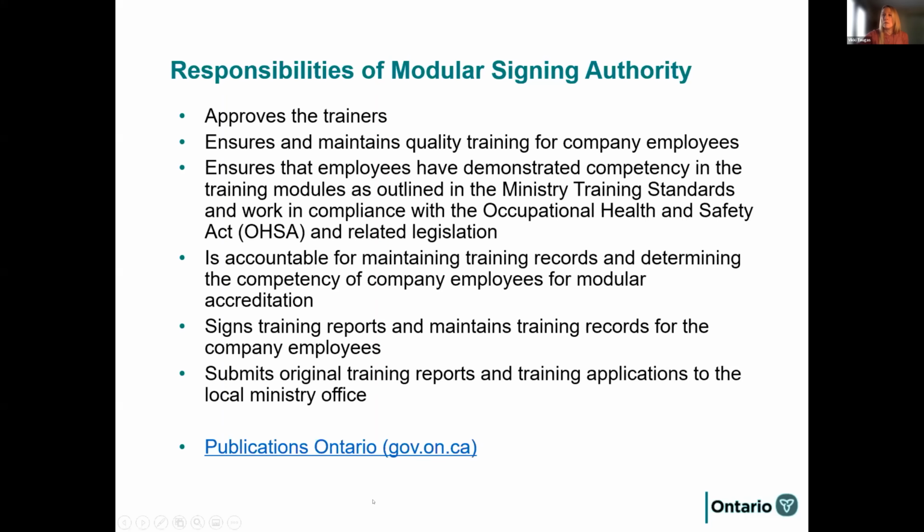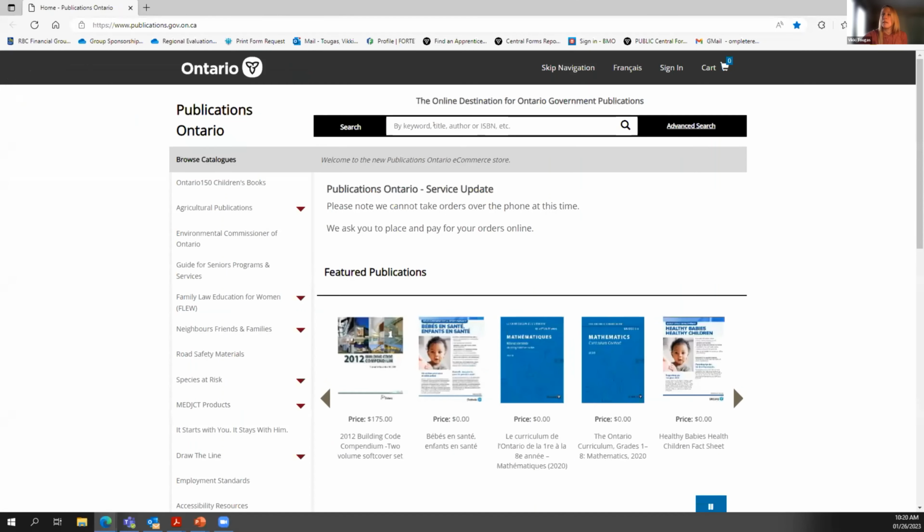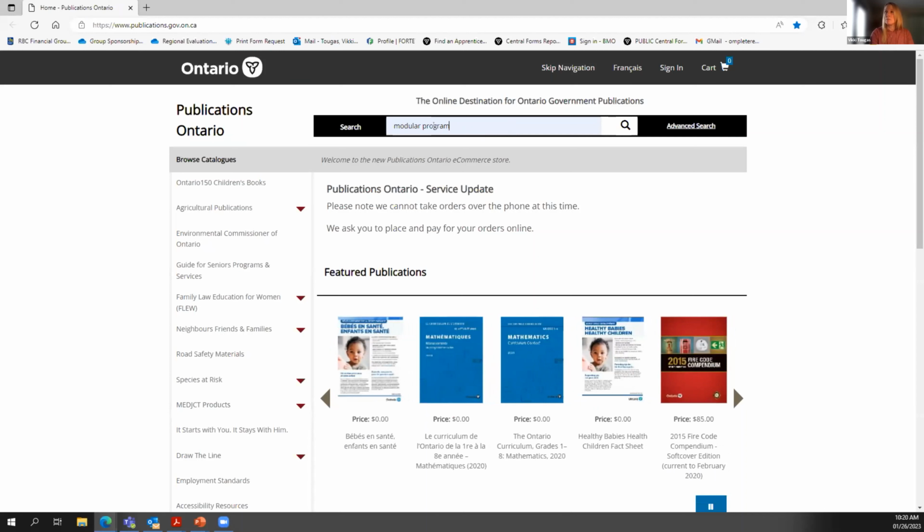So where do we get these types of forms? And we will take a look at them. So we have Publications Ontario, which is a public website where forms can be ordered. I'll drag it over so you can see. So if you were to type in modular programs,